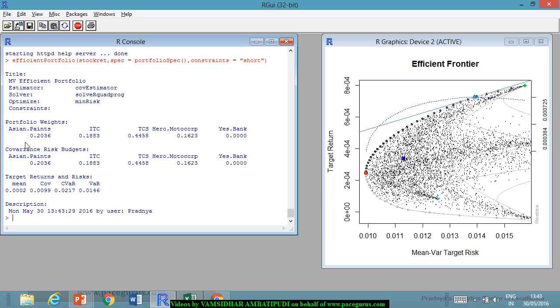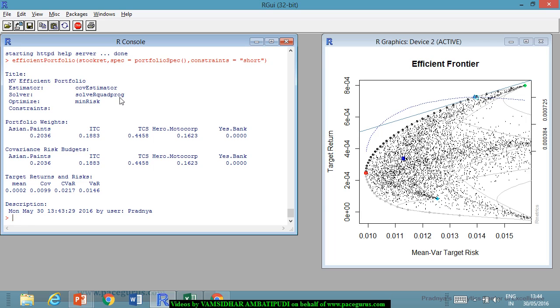Then also the weights are not changing, right? These are the weights in all the cases, or whatever is the constraint that you are giving. It says don't invest anything in S bank, but invest these kind of amounts in each one of them. But if you change your solver mechanism, because here the solver is R quadratic programming, whereas you can very well set, probably you can say,